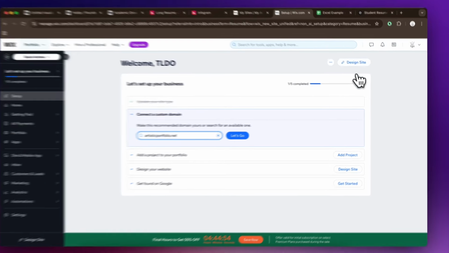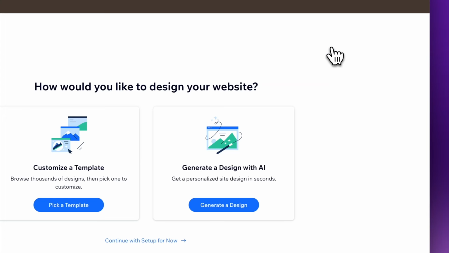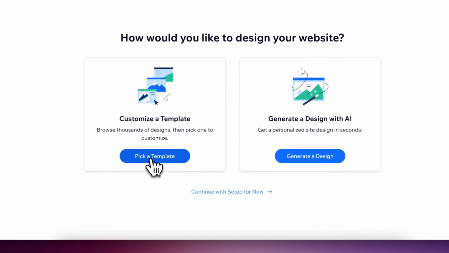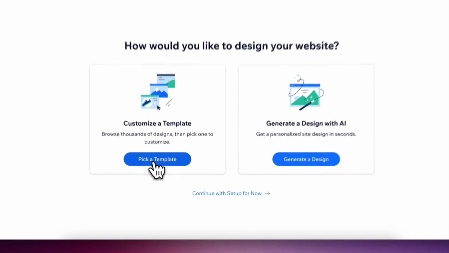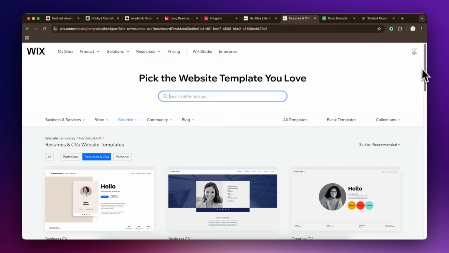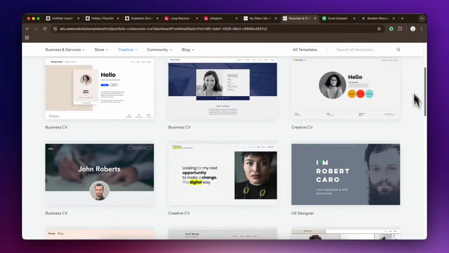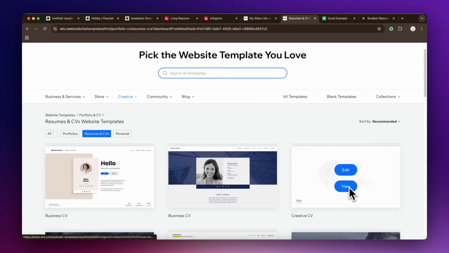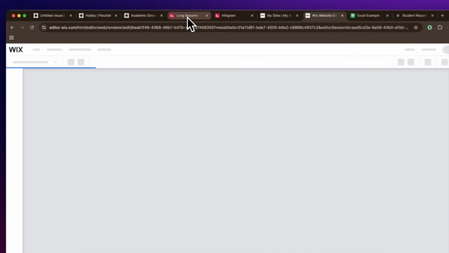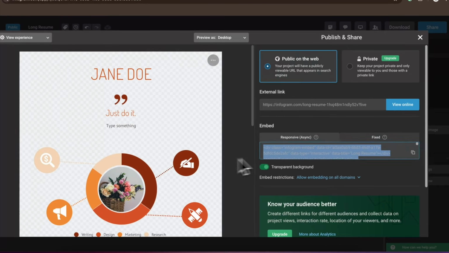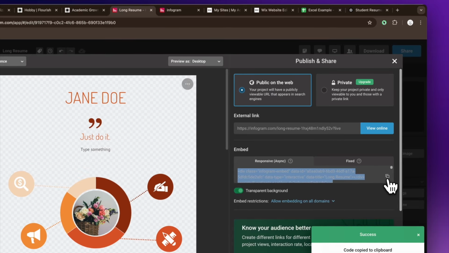Now, click Design Site in the corner to start working on the front-end visualization. Like other platforms, Wix provides templates to get you started, suggesting options based on your initial choices. I found the Creative CV template clean and professional, so I selected it. The initial setup may take some time, so while waiting, I head back to Infogram to copy the embed code